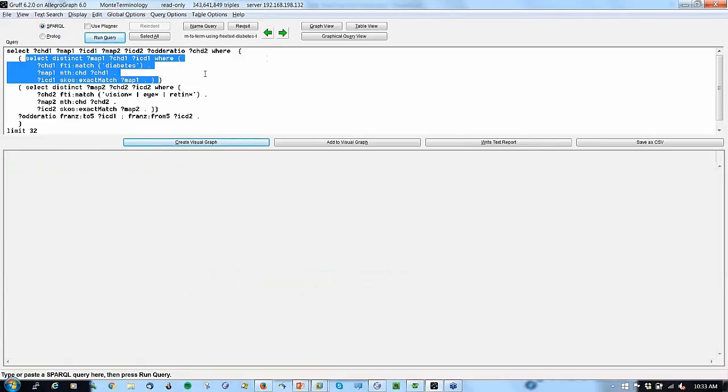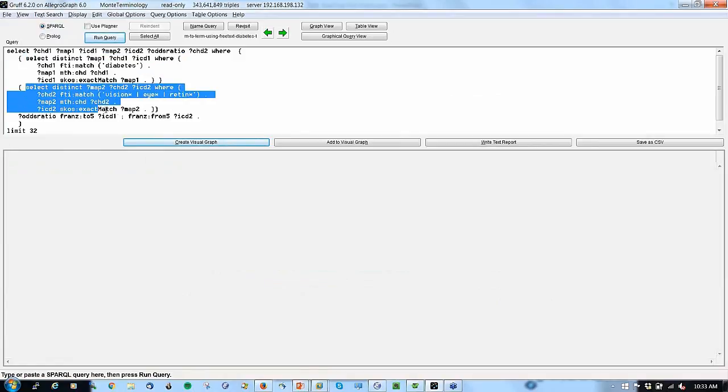You say, find in the knowledge base everything related to diabetes. Just find all the ICD-9 terms that are related to diabetes. Then also find all the ICD-9 terms that are ultimately related to something with vision, eye, or retina. And then between these two sets, find the odds ratios between things related to diabetes and things related to